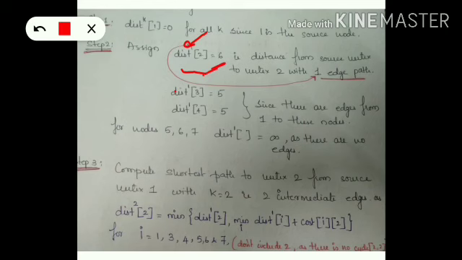So in order to understand the explanation better, I recommend you to draw the graph on a separate paper. So you can look into the graph and then compare it with the presentation here. Similarly, dist 1 of 3 is nothing but there is an edge from vertex 1 to vertex 3 whose weight is 5. So similarly, we list it out for the rest of the vertices.